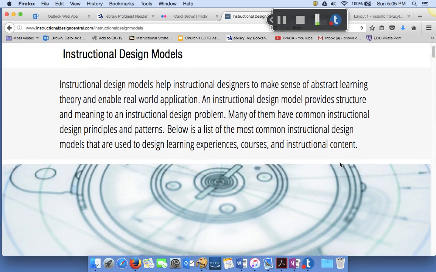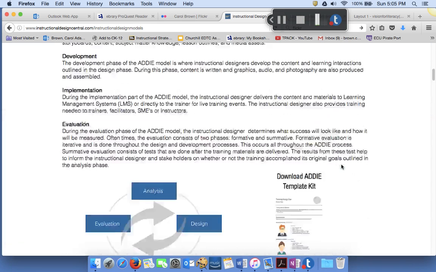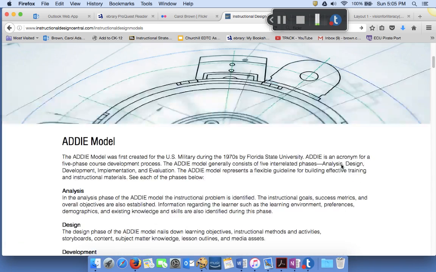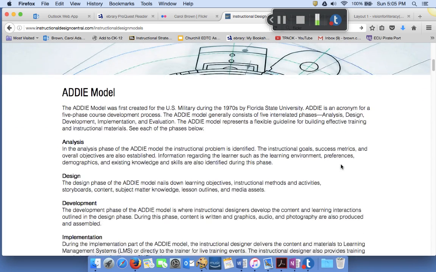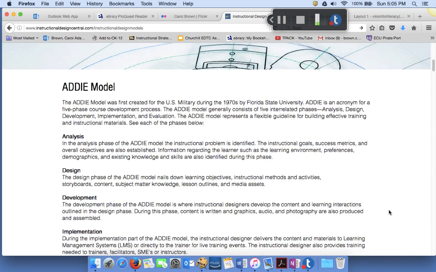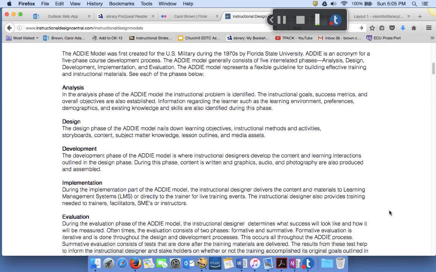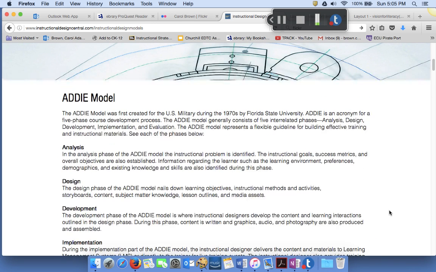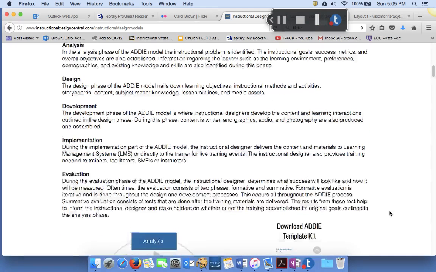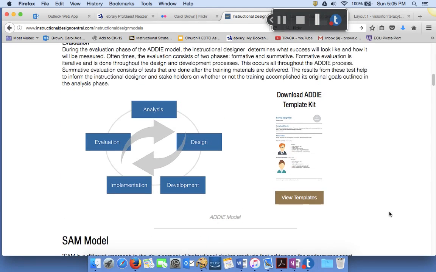this is going to take me to a website that has many models of instruction. These models are well known in the field of instructional technology or educational technology. You may have seen some of these if you are in the program and in some of your other courses. The ADDIE model is one. You'll see how the ADDIE model is very simple, circular, and these are interconnected, beginning with